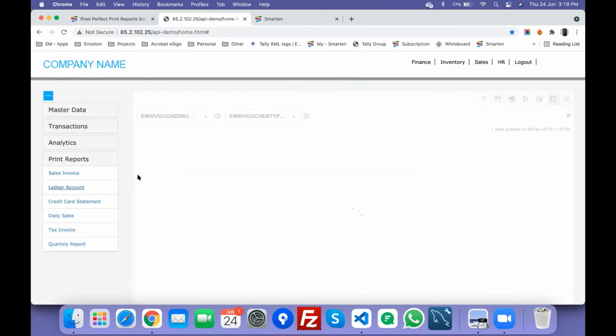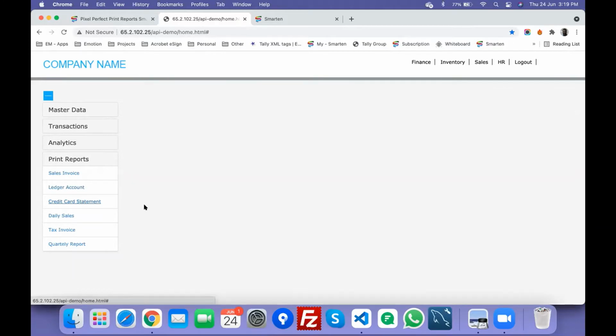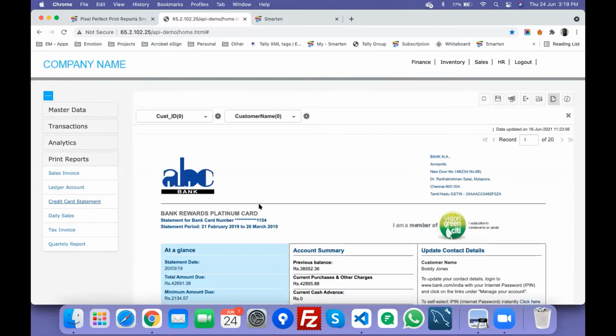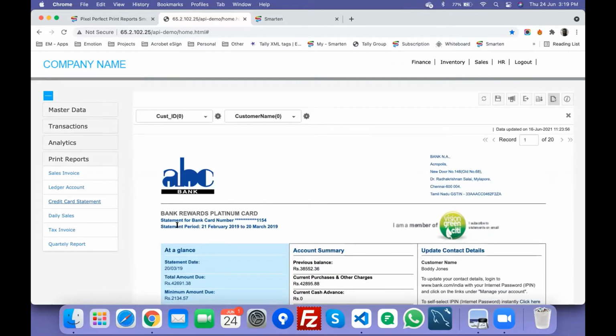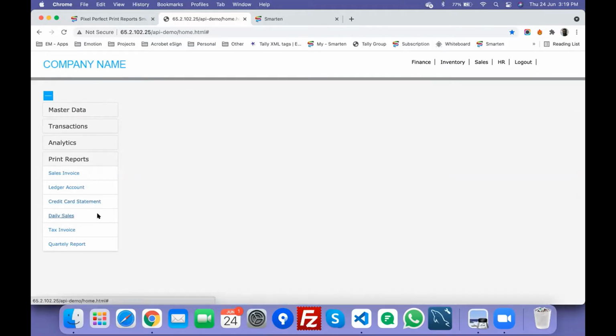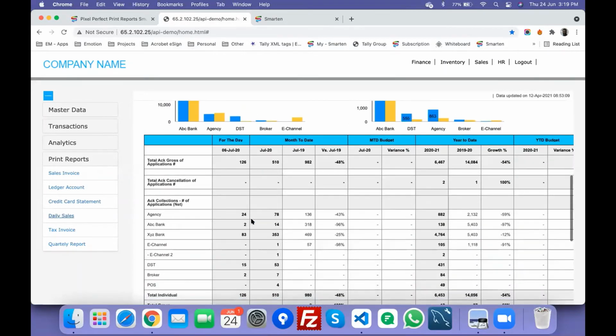You can have one option menu, that's up to your design and your user UX philosophy, and you can have those reports called directly from your third-party applications as well. So users don't have to log in to Smarten. They can just use the day-to-day applications that they are using. And as you know, this embedding API is available for all modules of Smarten, including dashboards, reports, and all other modules.